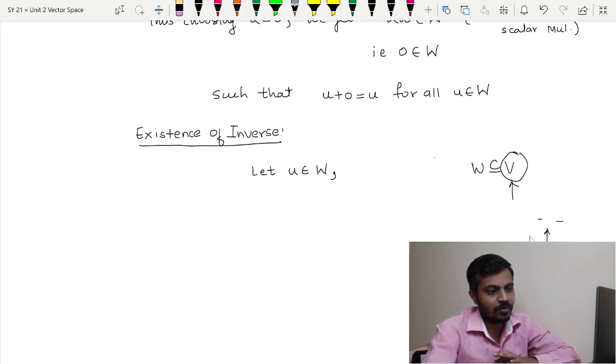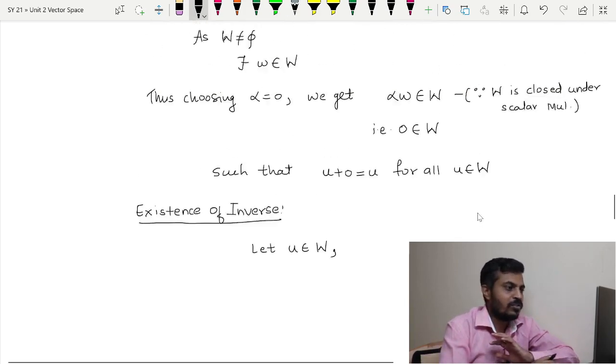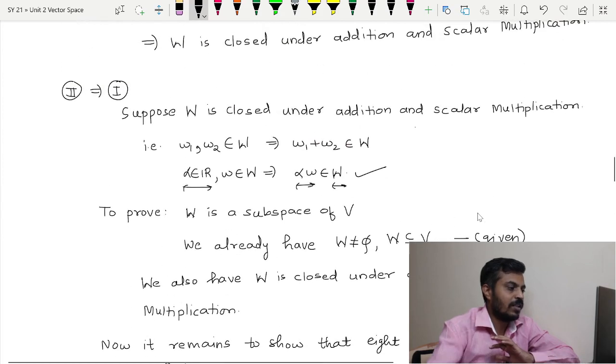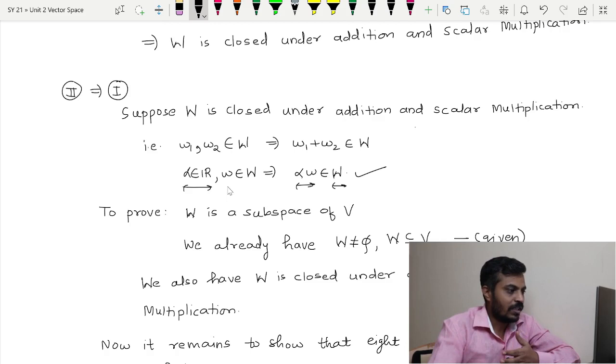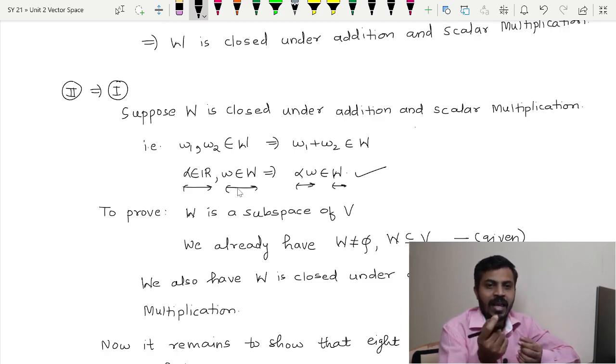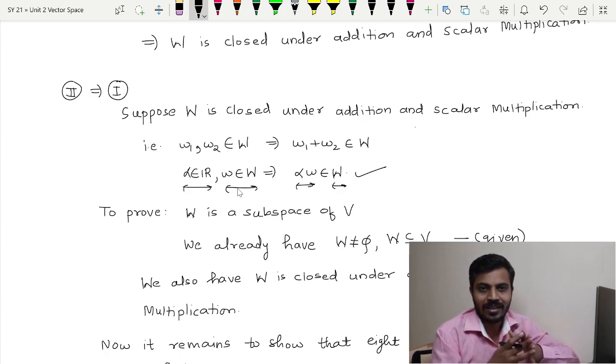So, can you guess how to prove it? Again we are going to take the help of the property of scalar multiplication. Now, what should be my value of alpha over here, so that I can prove minus u belongs to w? Now, we can take the element of w to be u, right? So, if we already have the element of w as u, we just have to choose a value of alpha for which we will get minus u belongs to w. And can you guess that value of alpha? Absolutely, that value is going to be minus 1.